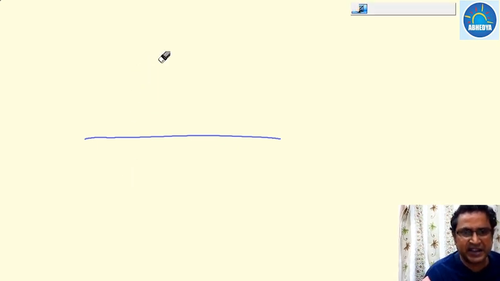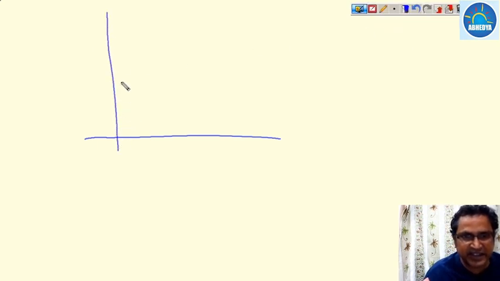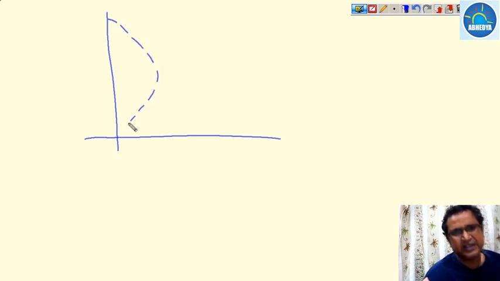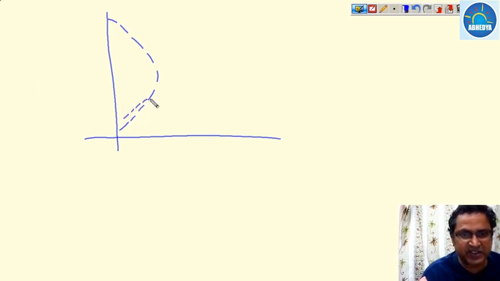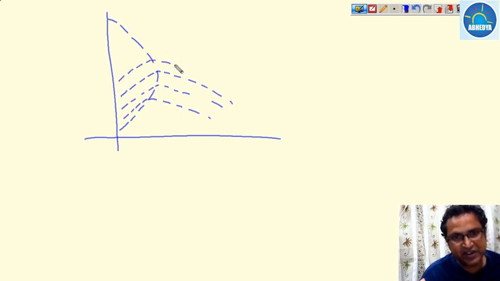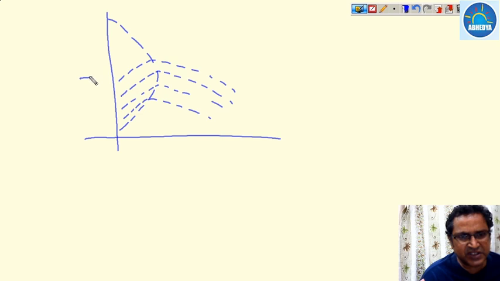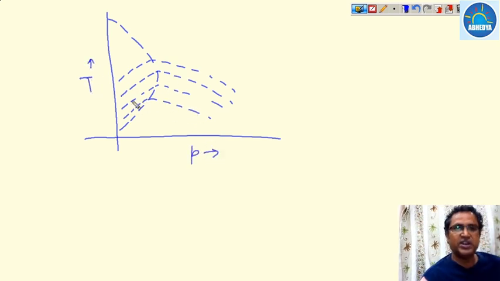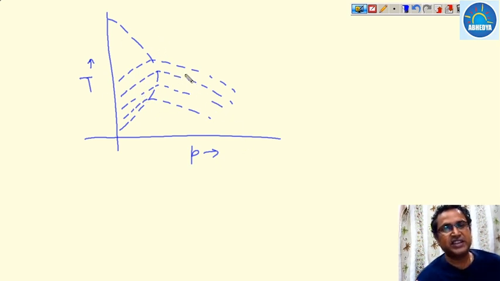So on the PT diagram, we draw the inversion curve something like that. This is the inversion curve and this is the maximum inversion temperature, and the curve is something like this, where these are the isenthalpic lines and here is the maximum value of the temperature. And we have already proved that this is temperature and this is pressure, and since the pressure is reducing, this is the cooling region and this is the heating region, that we have discussed.